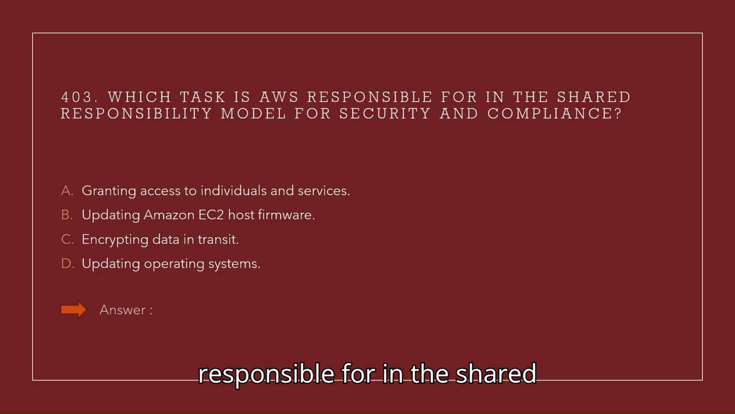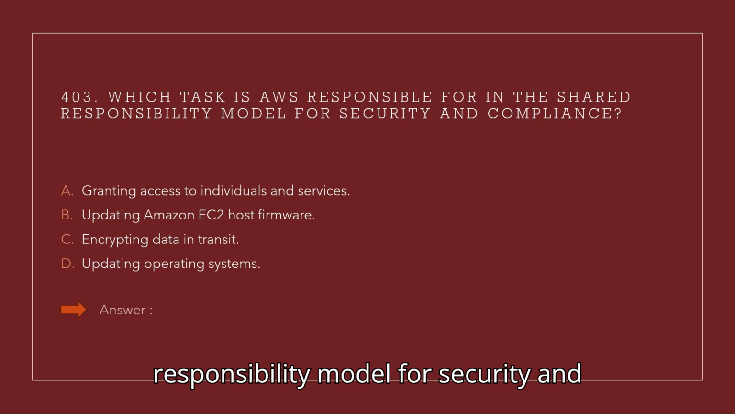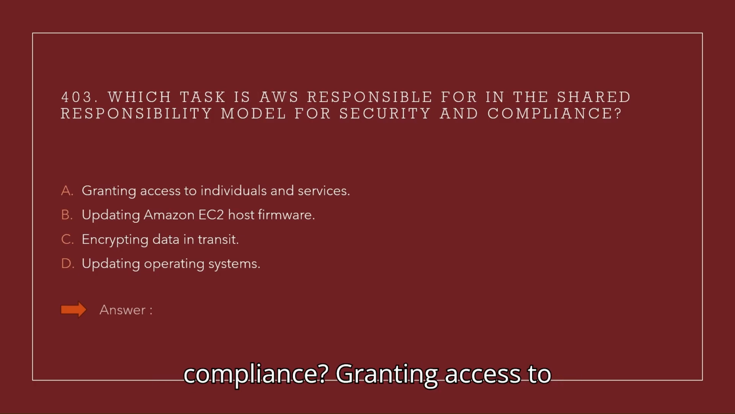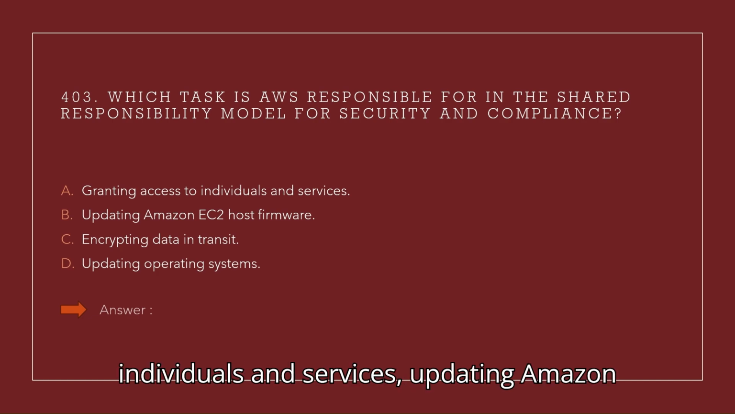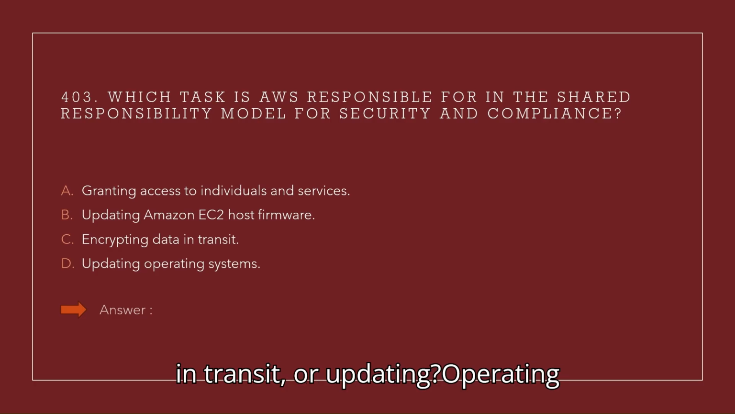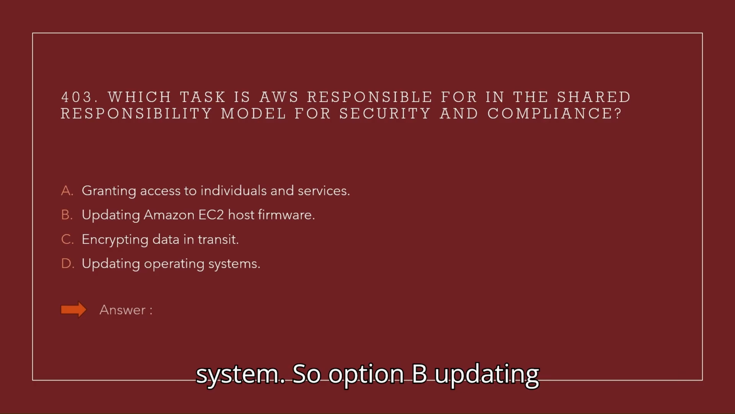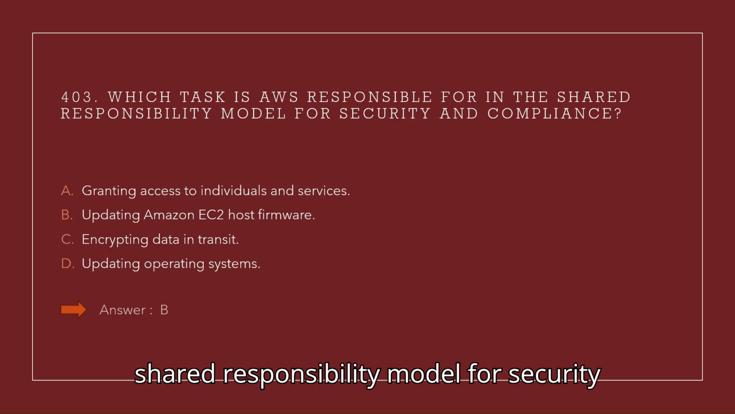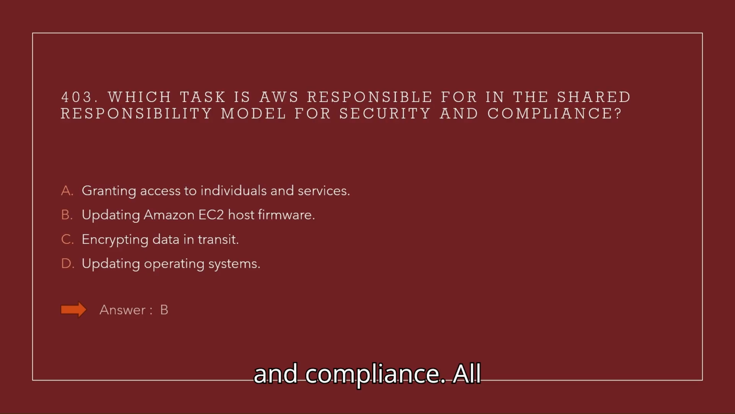Next question. Which task is AWS responsible for in the shared responsibility model for security and compliance? Granting access to individuals and services, updating Amazon EC2 host firmware, encrypting data in transit, or updating operating systems. So, option B, updating Amazon EC2 host firmware, is the responsibility of AWS in the shared responsibility model for security and